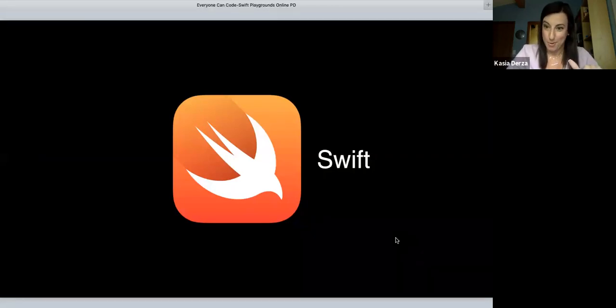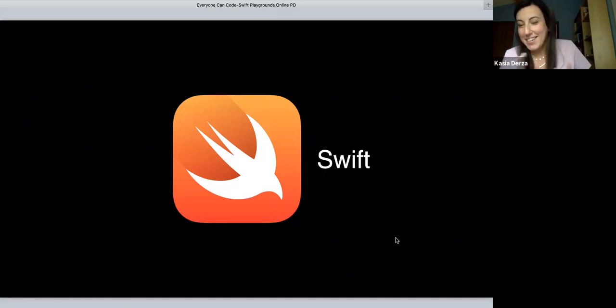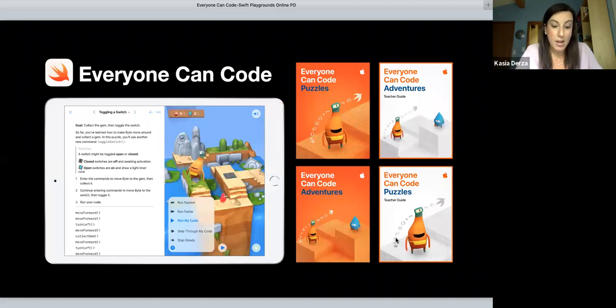This was brand new, and I actually knew more than he did. And I mean, I'm not an expert programmer by any means, but I knew he was trying to do loops or something, and I was like, no, that's not how you do it. This is how you do it. So I was able to teach him something from this curriculum, someone who does this for a living, which was pretty cool. So today we're going to explore activities from the Everyone Can